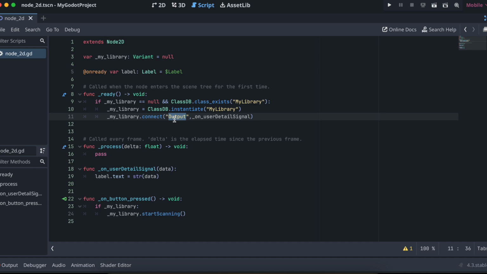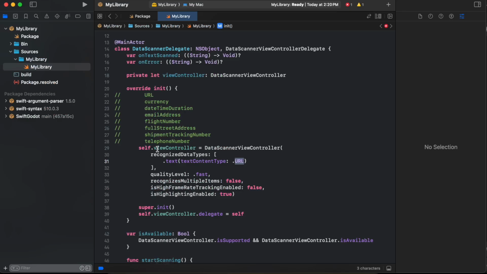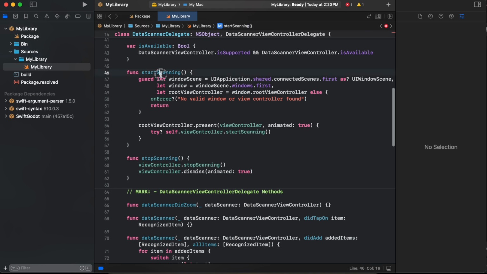Here we connect our signal as well. So once we get a signal, this particular method gets called. Here you can see, and we have data inside it. We convert it to string and display it inside our label, and on button press, I'm just calling the start scanning method, which we have defined inside our Godot side. So if you see over here,